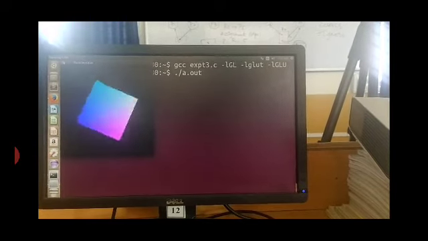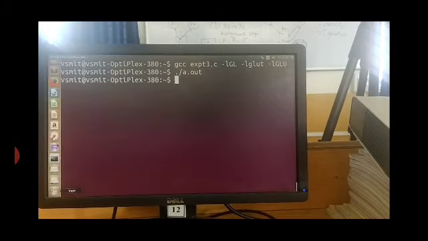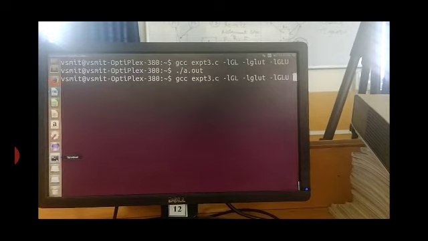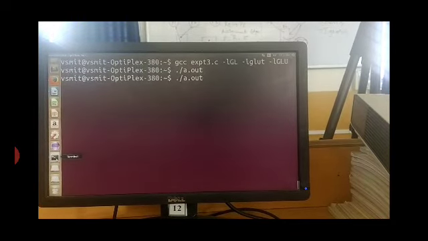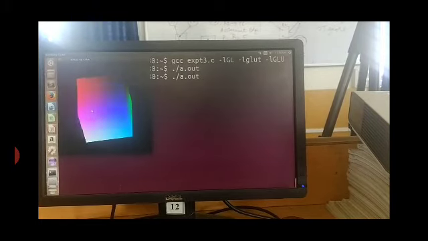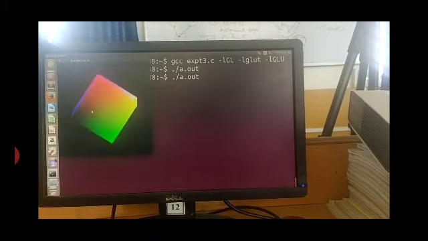Now to rotate it in the z-axis or y-axis, you just press the different mouse keys. Now I have pressed, see here, it is rotating in different directions.